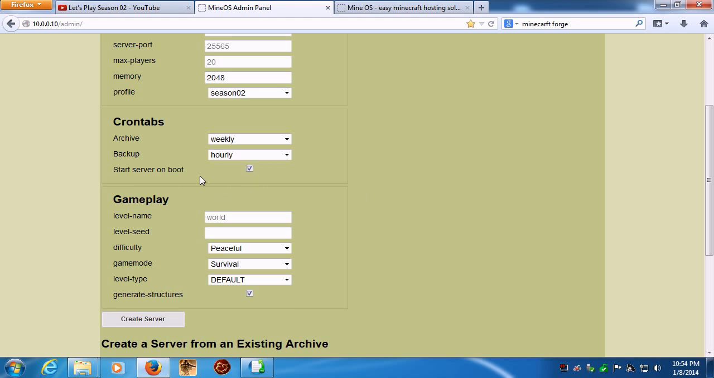I do not want my server to start on boot because I may want to actually load up a different server by the profile. And in here, you can give it a level name. Well, the default is world. If you wanted to put in a seed, you can put in a seed here. Okay. Your difficulty,